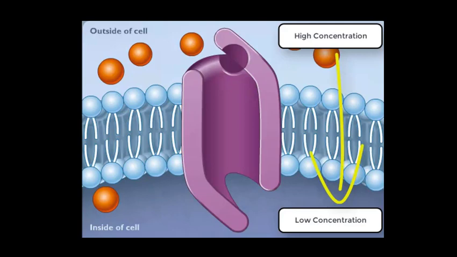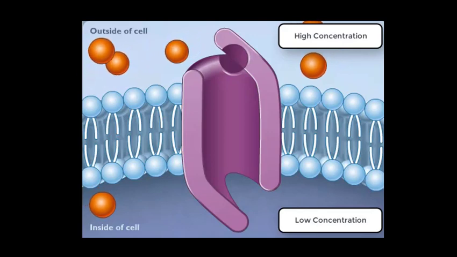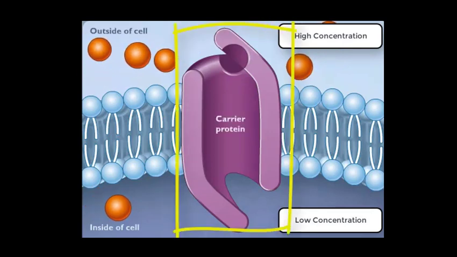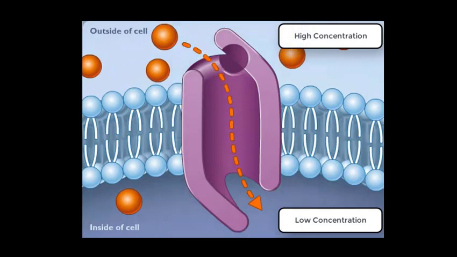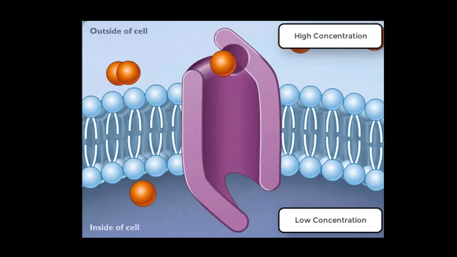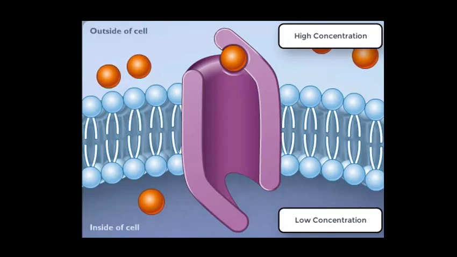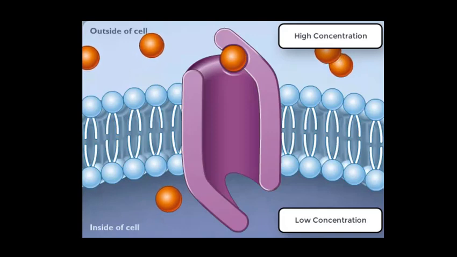In facilitated diffusion, we use large molecules, and as a result, they can't fit through the phospholipid bilayer of the cell membrane. So they need help. They need something to facilitate them through. And what they use is that big purple structure in the middle called a transport or carrier protein. As our glucose molecules float around, they'll eventually randomly move into this carrier protein and fall into what's like the active site. And in this active site, the transport protein or carrier protein will change its shape,